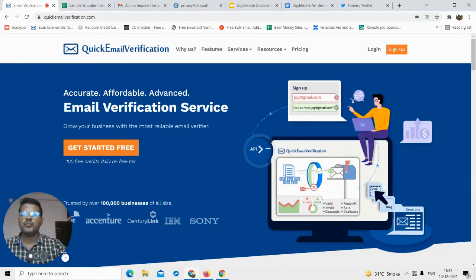So let's check. Before that, if you do not know what an email verification tool is, let me clear it up. Basically, if you have a list of emails that you scraped from the internet, or got as part of your newsletter, or from applications like Lucia or Apollo, and you want to send mass emails to those people,